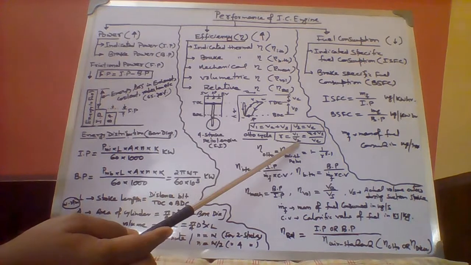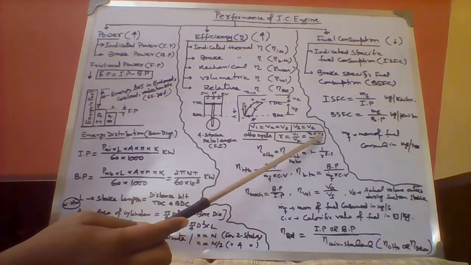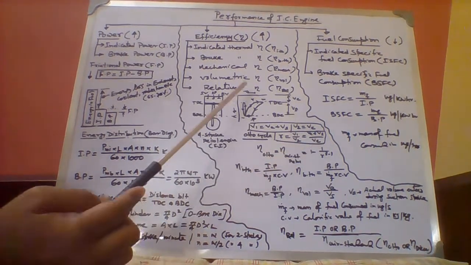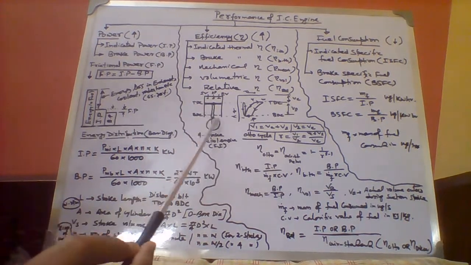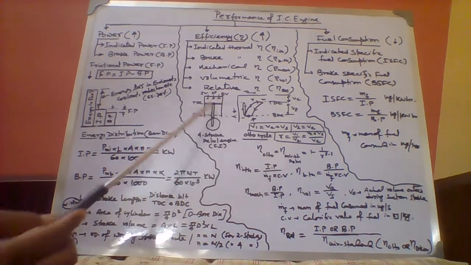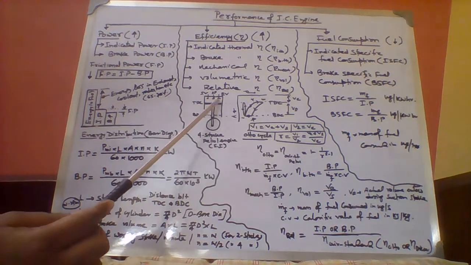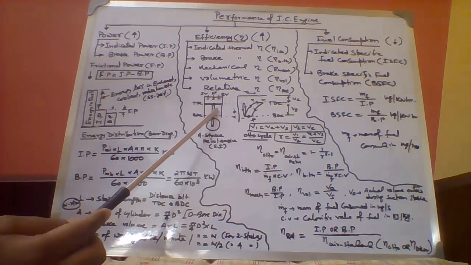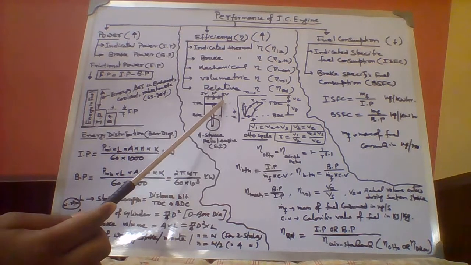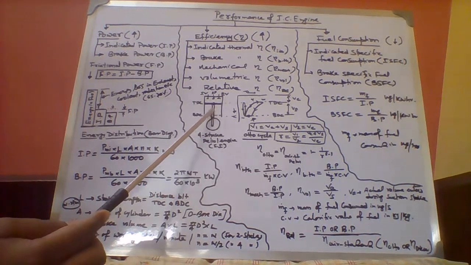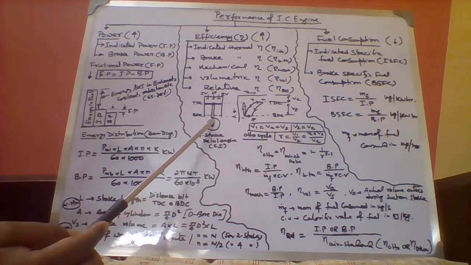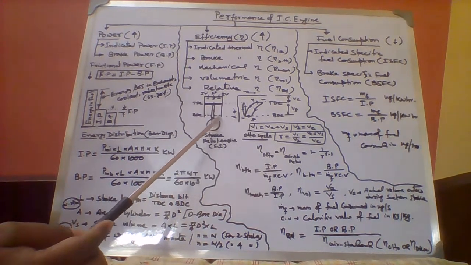So V1 by V2 is equal to, again you can write, VC plus VS by VC. Is it okay? So this is the actual phenomena which occurs in the piston cylinder arrangement. And regarding that, this is the piston, this is the gudgeon pin, this is the connecting rod, and this is the initial position TDC, and this is the final position BDC. And here this connecting rod is connected with the crank, and this is the crankshaft, and the ultimate power comes to the crankshaft.